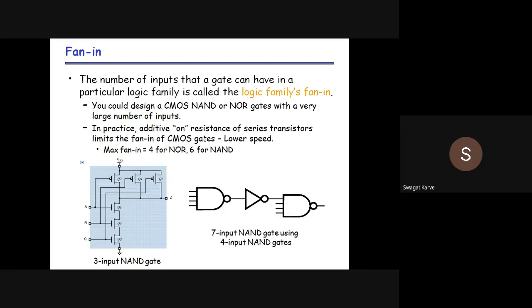For example, if you consider an AND gate, you cannot give it an infinite number of inputs. Depending upon the family, there is a restriction that maximum 16 or 32 or maximum 64 inputs that an AND gate can handle. More than 64 it is not capable of handling. This condition is known as the fan-in condition, right? And that depends upon which logic family components you are using.